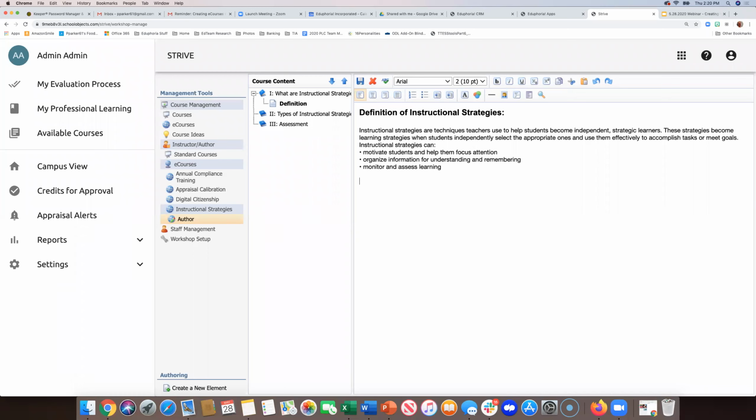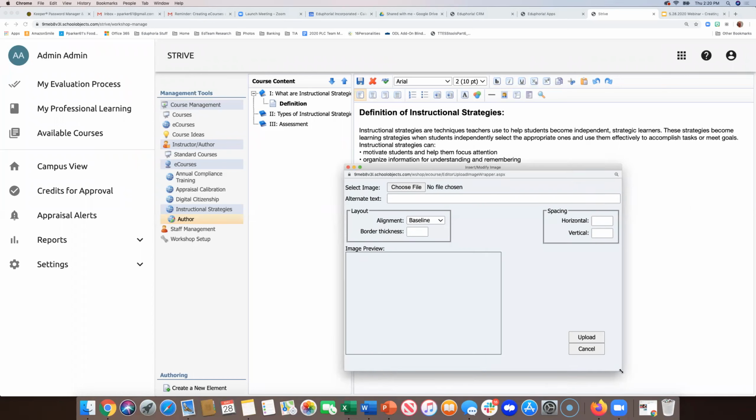I can also add an image to my page. There's a button up here that looks like a picture of somebody, and that's my insert or modify image button. So I'm going to click there and say that I want to add an image, and there it is. I need to make that box a little bigger so I can see all of the options, but I'm going to go and choose my file,